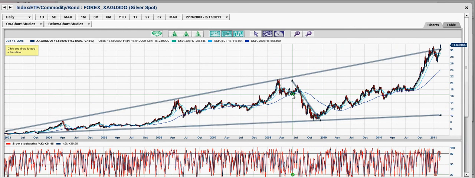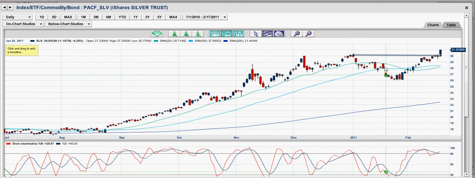Let's go ahead and look at the next chart, which is going to be silver. Silver is really overbought based on this trend line right here at around $30. It has already broken right above it. It's trading at around $31.60 per ounce. And if I were you guys, I would anticipate negative movement in the SLV. If you're going to trade the SLV, I would probably consider buying some silver put options once we